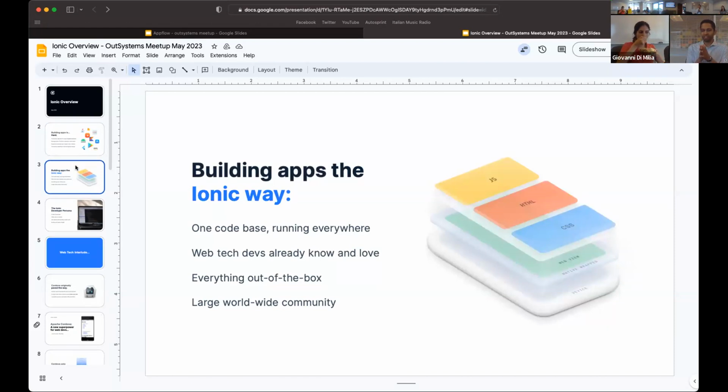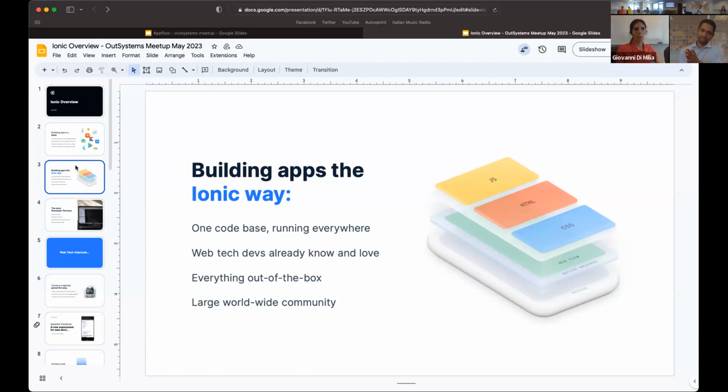However, there is an easier way to build mobile applications, and we call that the Ionic way. So at a high level, Ionic is a hybrid web mobile app development technology or SDK. What does hybrid web mean? It means that you can take web developers that can program in any kind of web technology like Angular, React, Vue, JavaScript, to write web code that runs and functions and looks like a native mobile application installed on your phone. It doesn't look like a website, it has all the native look and feel, how you're used to experiencing your application.